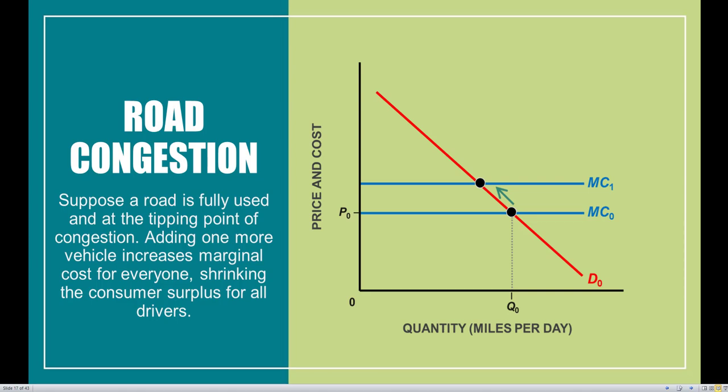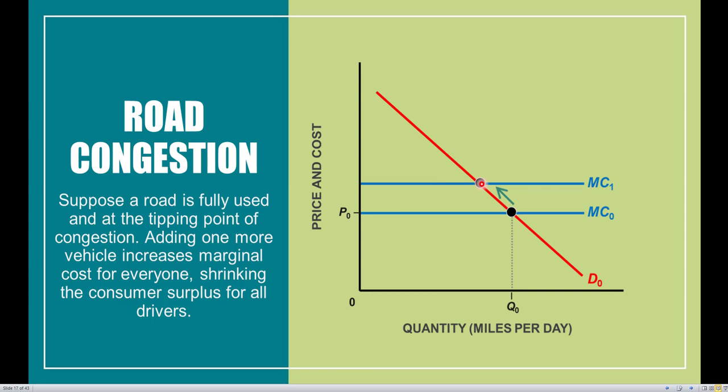However, remember that people are very selfish, and they are acting in their own interest, so this one additional worker or this one additional person is going to go ahead and go onto the highway because they don't care about you or I. And when he or she does so, that's going to raise the marginal cost for everybody currently on the roadway. And when it raises the marginal cost, it tells us that we're going to have less efficiency and less welfare